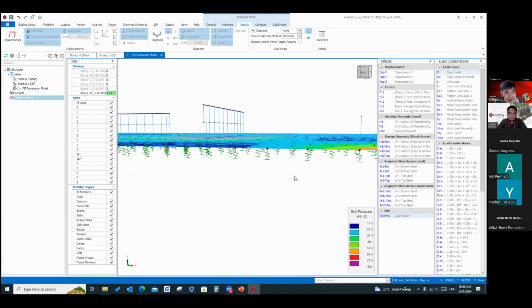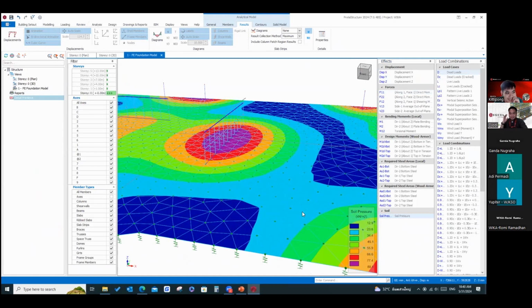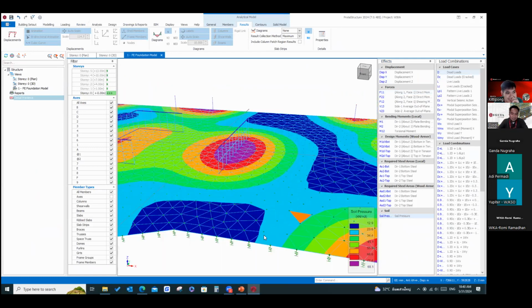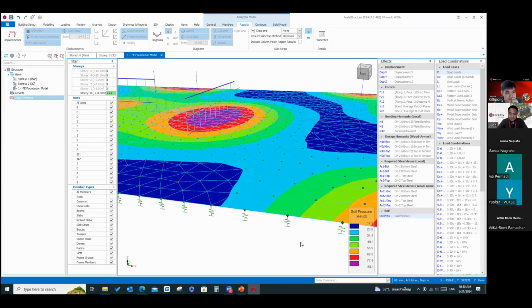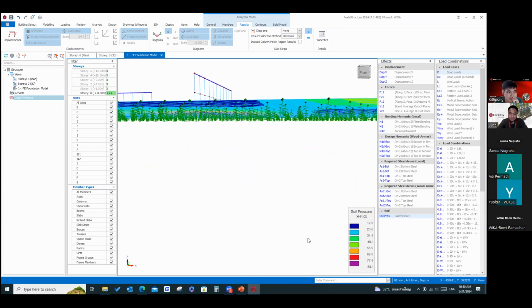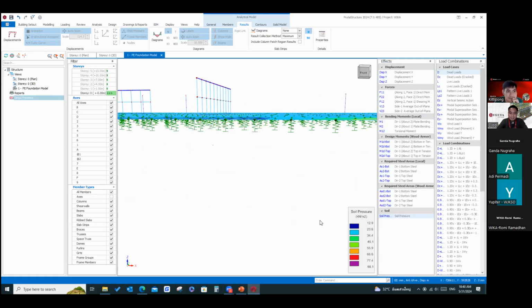Oke, satu lagi, Mas Jody. Ini kan ada jarak-jarak ya. Maksud saya tadi bentuk jarak-jarak spring itu seperti apa? Apakah kita yang mendefinisikan atau didefinisikan sendiri oleh software? Ini kan sudah jelas posisinya.